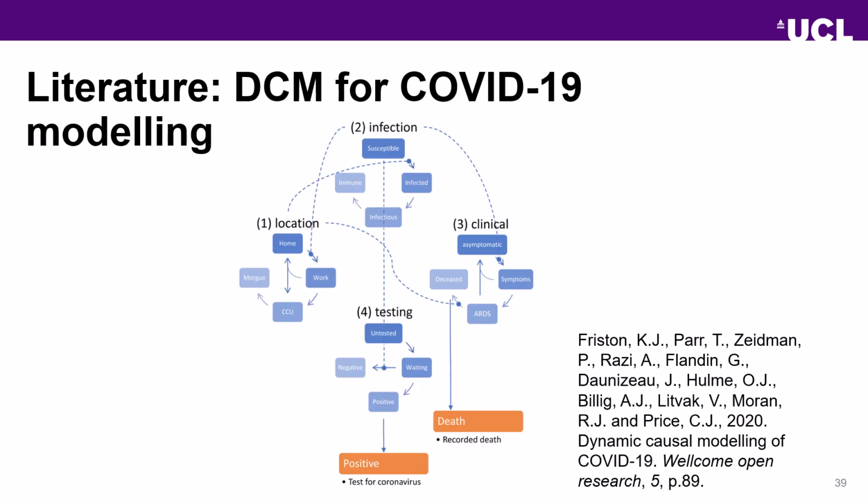We can also use it outside of neuroimaging now. This is a relatively recent development, but this model is used for COVID-19. They did this back in the start of 2020 when the pandemic was just kicking off, and they were using it to model how COVID would affect the population and how many people would be positive for COVID, how many people would die, and how full hospitals might be.